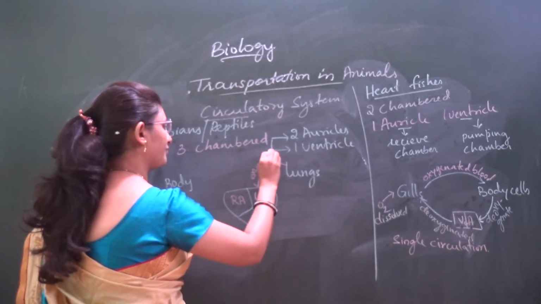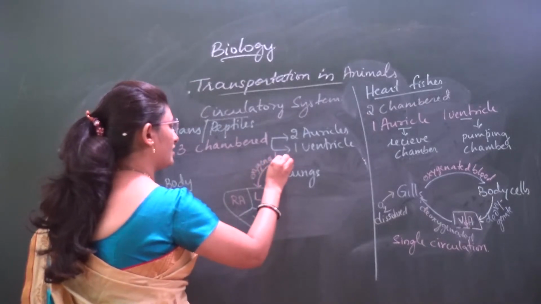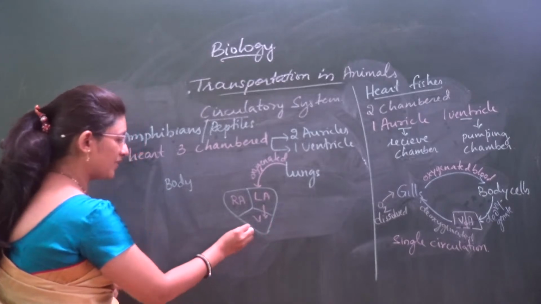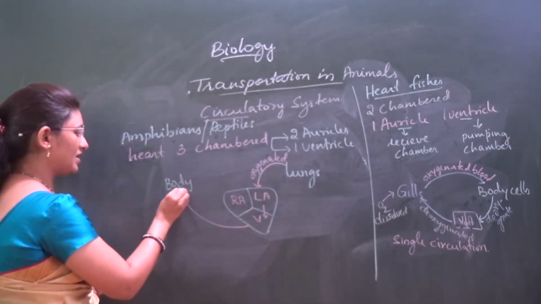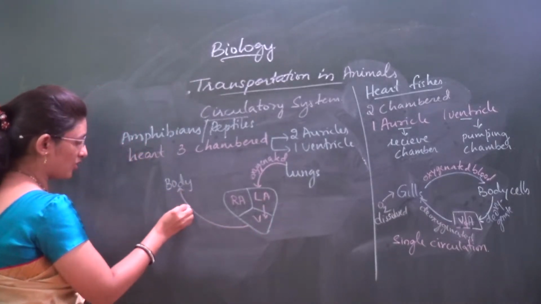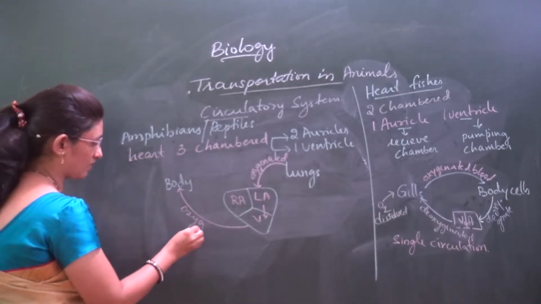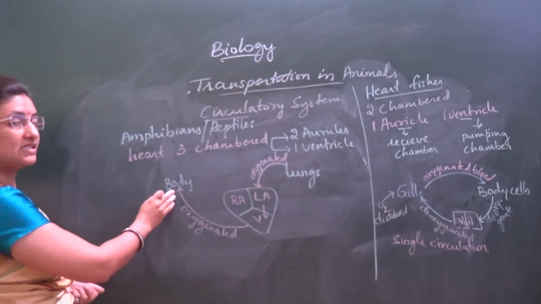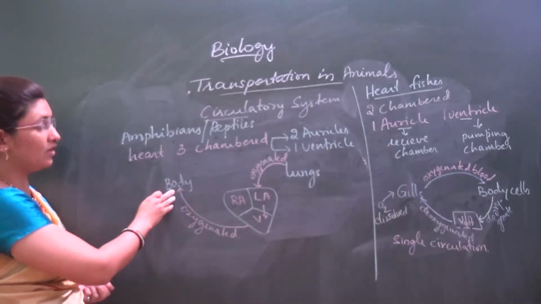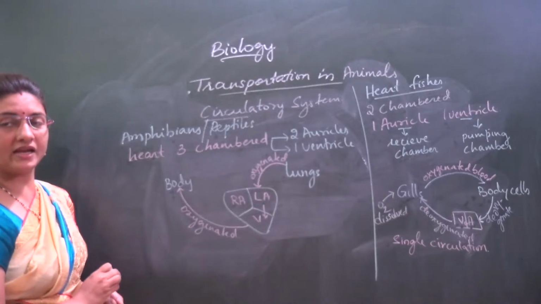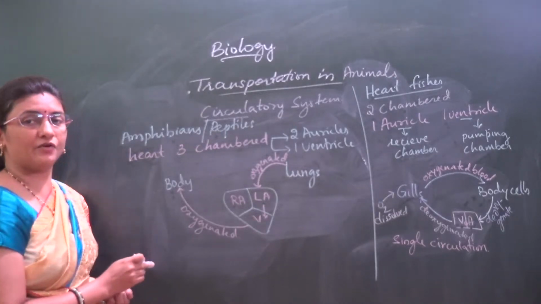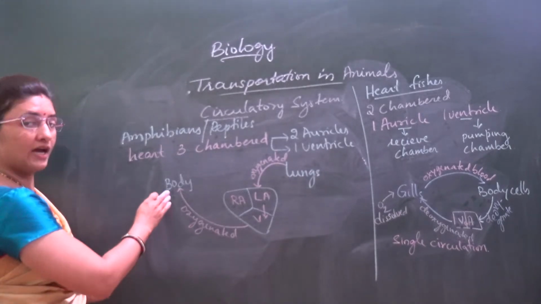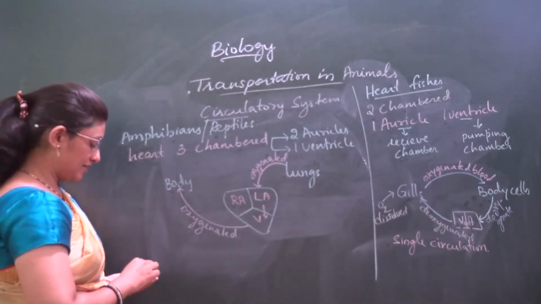From the left auricle, blood flows into the ventricle. From the ventricle, the oxygenated blood is taken up to the body cells. When the body cells receive the oxygen, all the cellular activities are carried out, the oxidation process is carried out, energy is released, carbon dioxide is removed as the waste, and this carbon dioxide enters into the